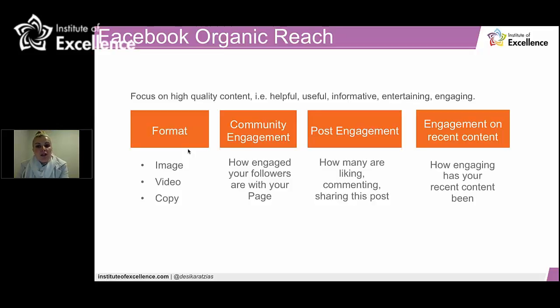Community engagement, post engagement, engagement on recent content. These are just some metrics that you can look at in your insights. How is your community engaging with your content? How many people are liking, commenting and sharing your posts?